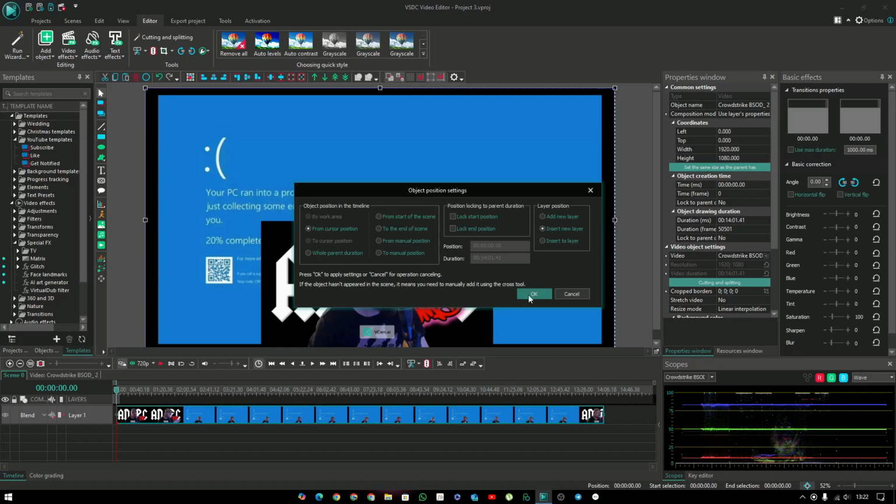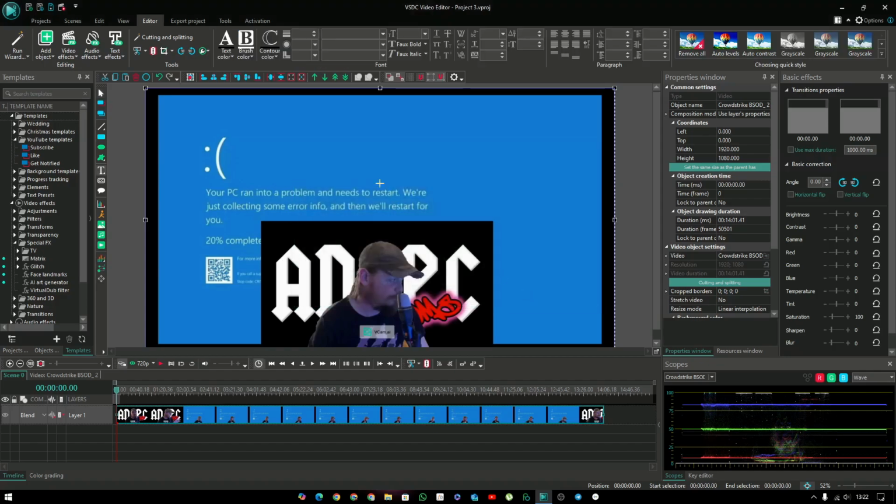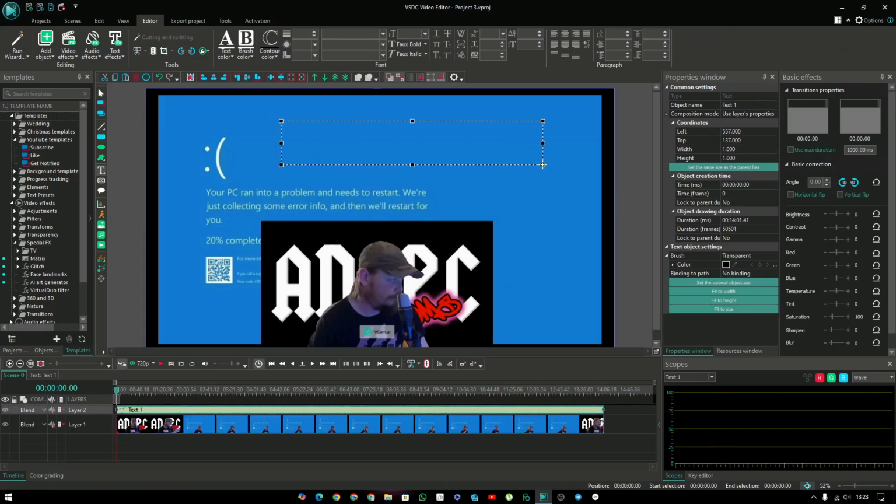Now, if you just put it in as is, like so, you get your little crosshairs, drag yourself a text box, and start typing. And you'll notice it's added a new layer. Now it's added it above me on this. Sometimes it might come below. And you can